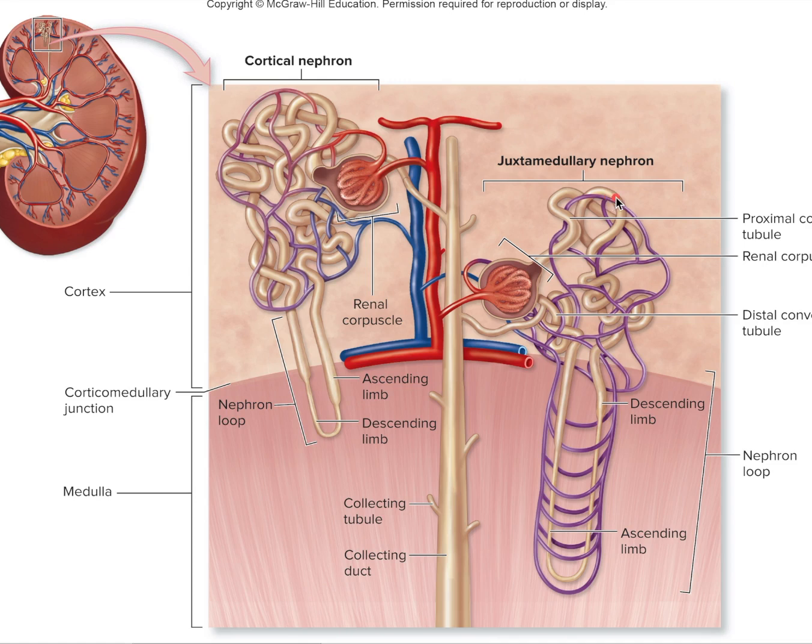So this proximal convoluted tubule will eventually dip down here into the medulla, and this entire loop here is called the nephron loop. So we have a descending limb of the nephron loop and an ascending limb, and those again